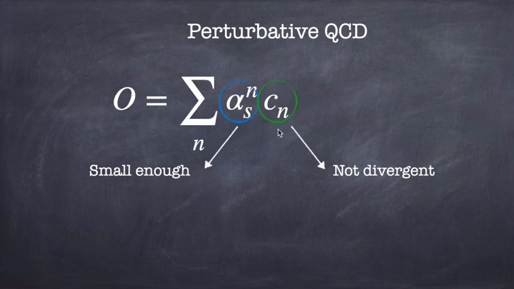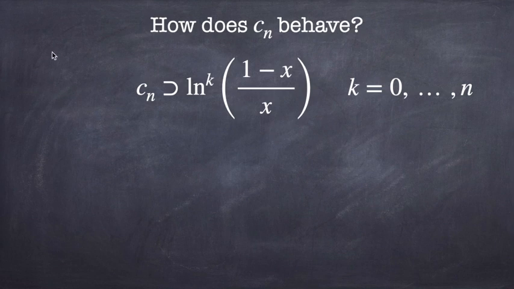And this is particularly relevant in QCD because, thanks to the renormalization group equation, alpha is small, but is not that small. And so it happens that this product is of order 1. So let's see in more detail what the behavior of this coefficient Cn is. One finds that in Cn there are these logarithmic contributions, where x is some ratio of the scales involved in the process. And as you see, this is dangerous in two regions of the phase space.